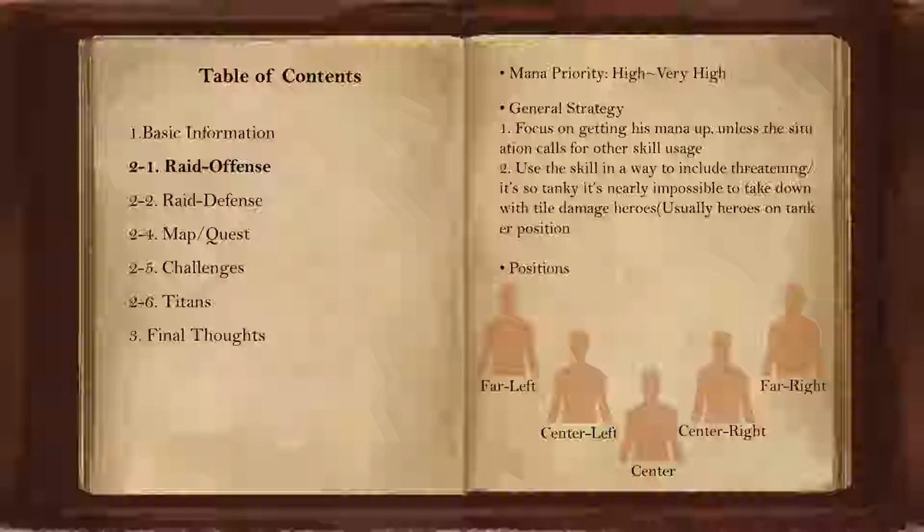General strategy is to focus on getting the mana on this hero. He benefits most from getting his mana up early. If you can, it's generally a very good idea to get him his mana first. Then second, use the skill in a way to include threatening heroes, or heroes so tanky that they're nearly impossible to take down with